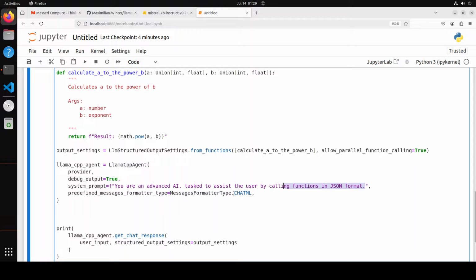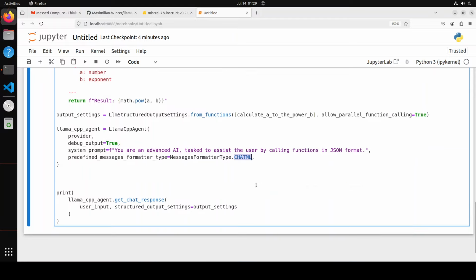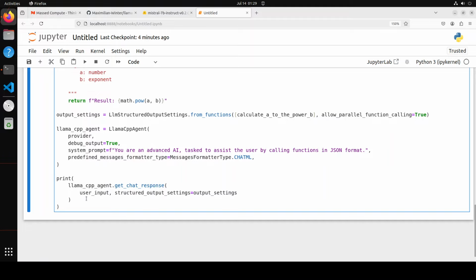And then here you can use Mistral, which is better if you use Mistral, I guess. Okay, I'll just use it. This one, if it doesn't give it, we'll change it, no problem. But it's always a good idea to use the proper template. And then I'm just printing that function call. So if I run it here,